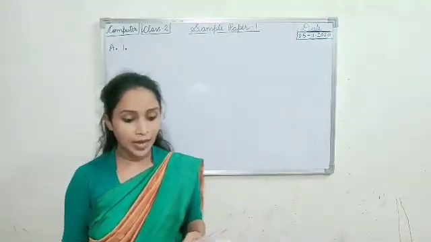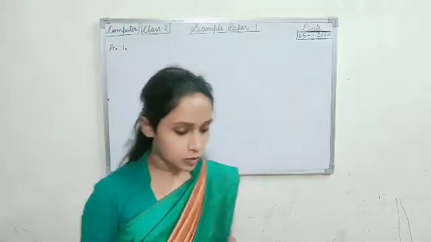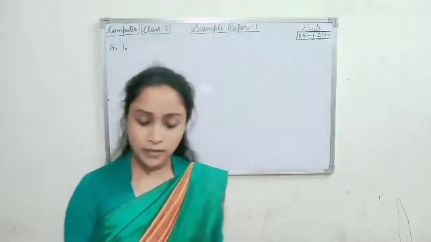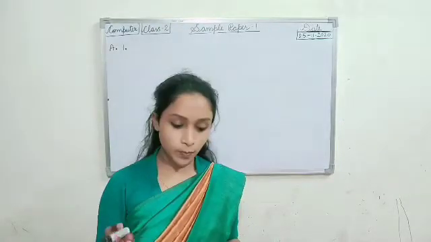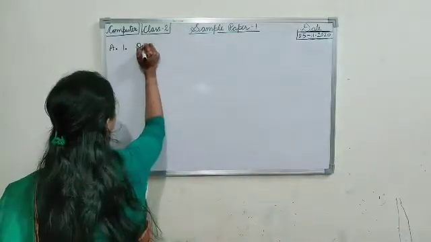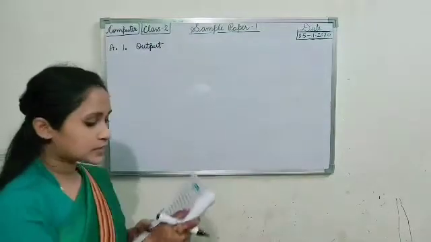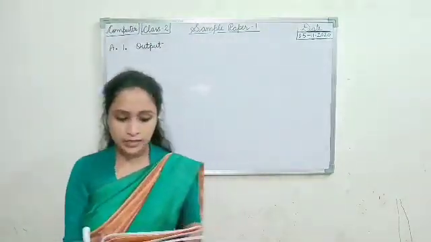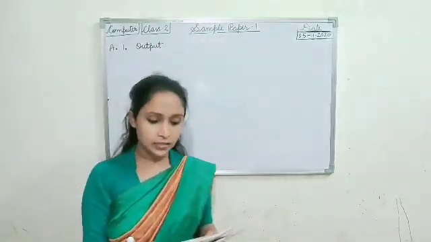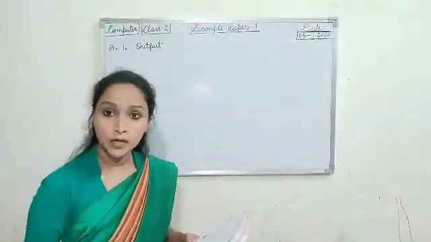Fill in the blanks. Dash is the result given by a computer. Which is the result given by a computer: input, process or output? Good. Output. Output is the result given by the computer. Here hints are given. You have to take the hints, and after that you write the answer.